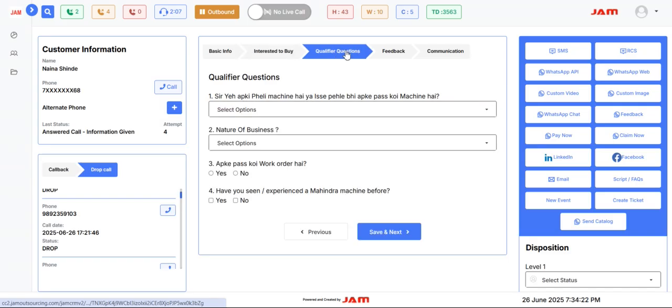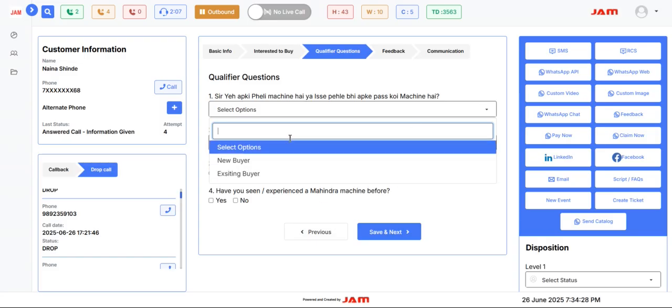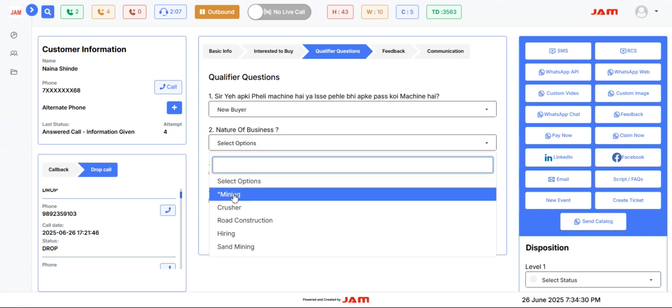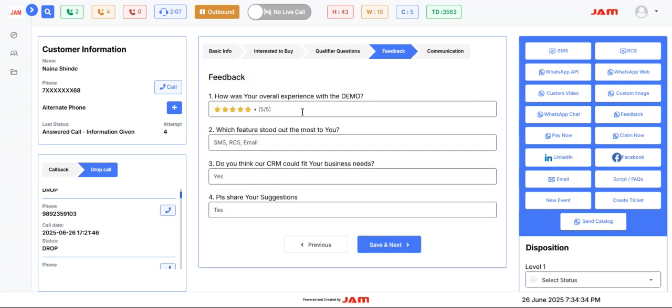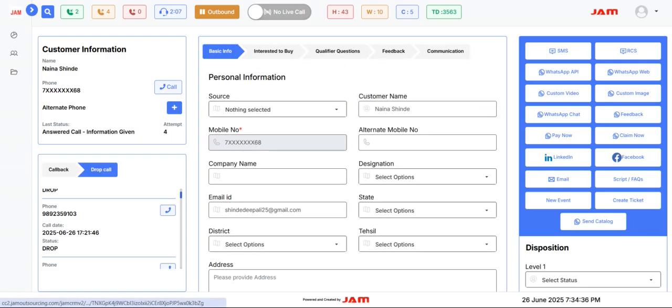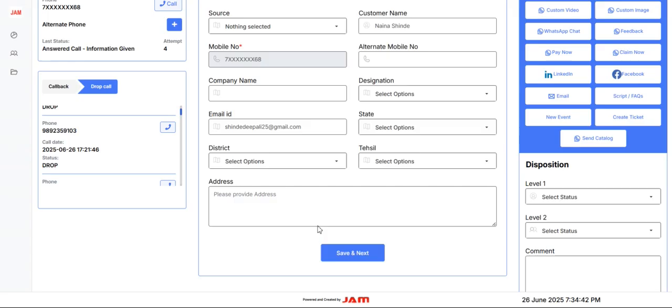This tab can be changed. We can add questions under this tab in the format of checkbox, drop down, radio button, and everything captured by the user or the agent would be downloaded in Excel format. Even these basic info tabs are totally customized from the admin panel itself.